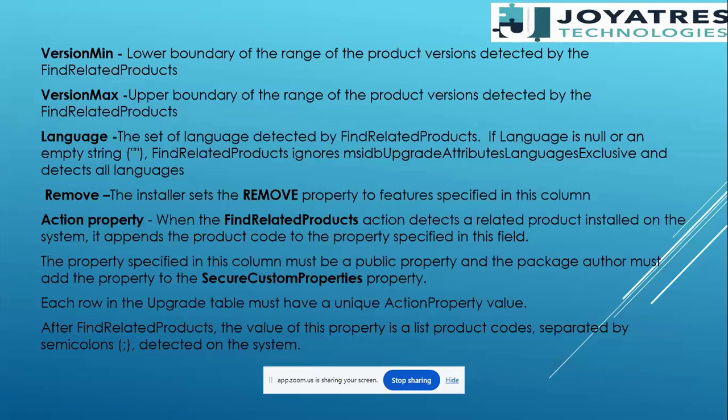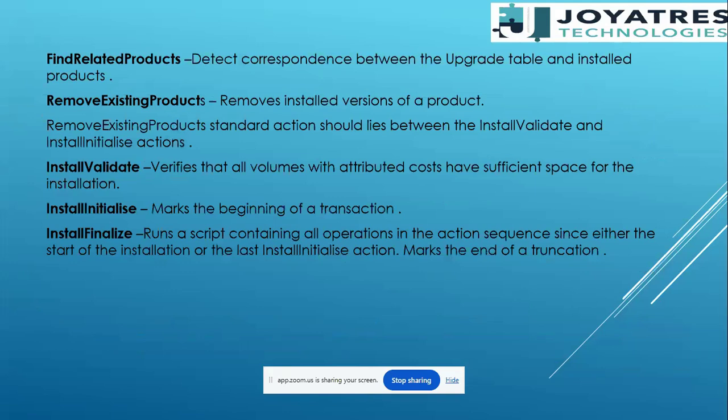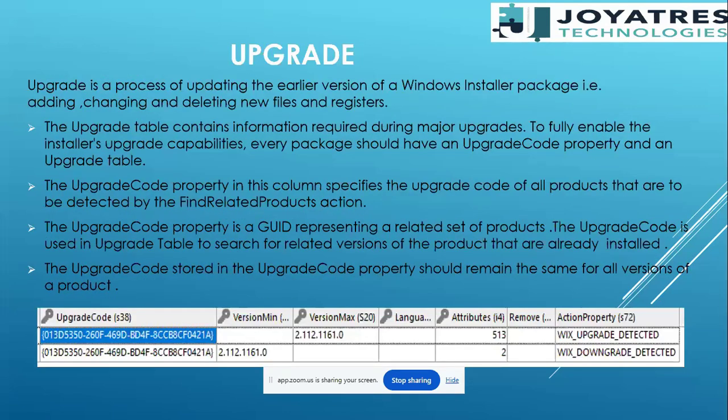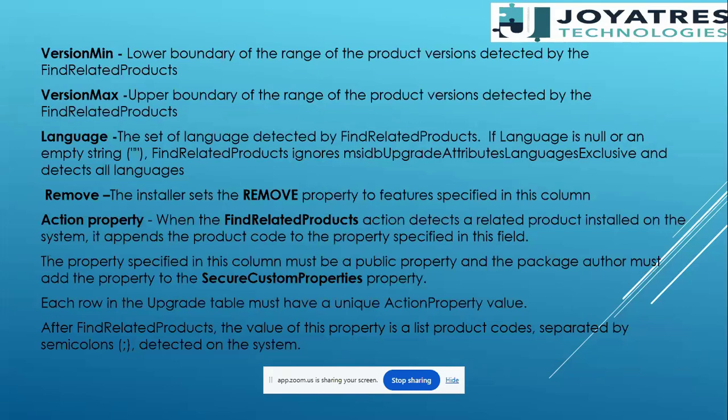Now this is the version minimum, version maximum, the definitions. So version minimum is basically the lower boundary of the range of the product versions detected by the FindRelatedProducts. FindRelatedProducts is that only. I'll show you. It's this action property through which it finds out. Then version max is the upper boundary of the range of the product versions detected by the FindRelatedProducts. See, when you're going to explain it to somebody,